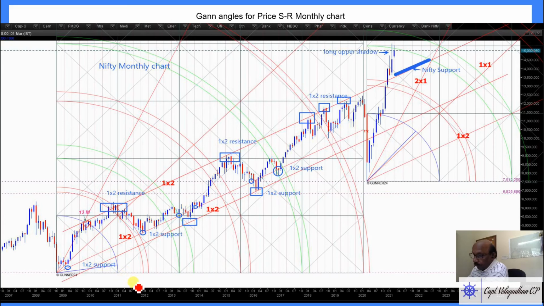So this price action was above 1 by 2 support for few months. It was not making much move, but slowly market was moving up with the small candles, but never reached this line. And at some time it broke here. From that point, I put a parallel line of this 1 by 2 channel here. This is parallel to 1 by 2.